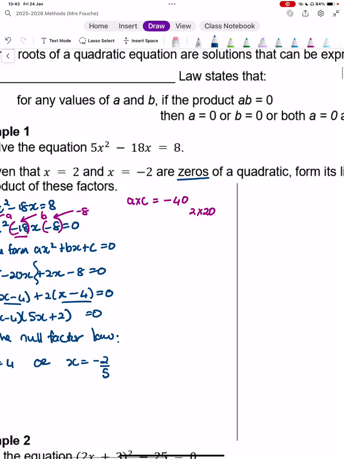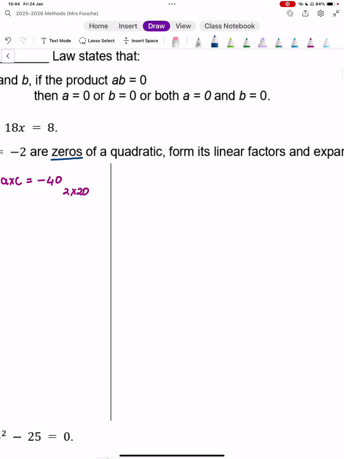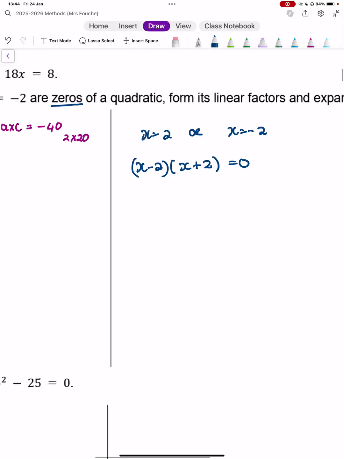So we're actually working backwards from the end of the question. If we look at the previous one, x equals 4 or x equals negative 2/5, we're going to work backwards to get our brackets and to get our original equation. So what we've been given is x equals 2 or x equals negative 2, and we can create our original brackets from that. So we then have x minus 2 multiplied by x plus 2 is equal to 0,